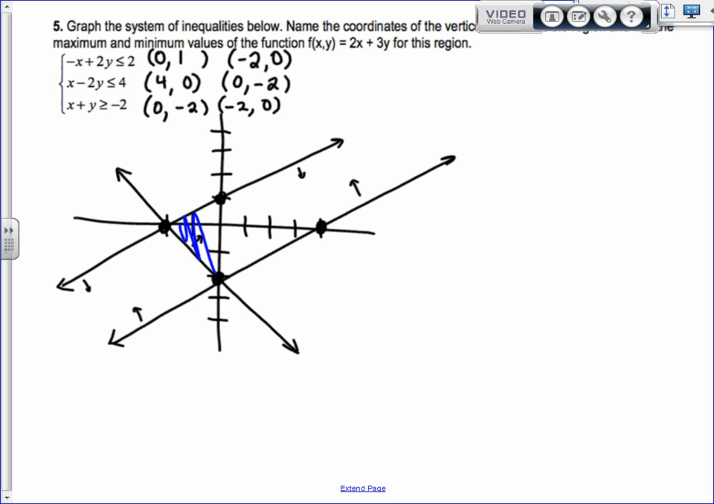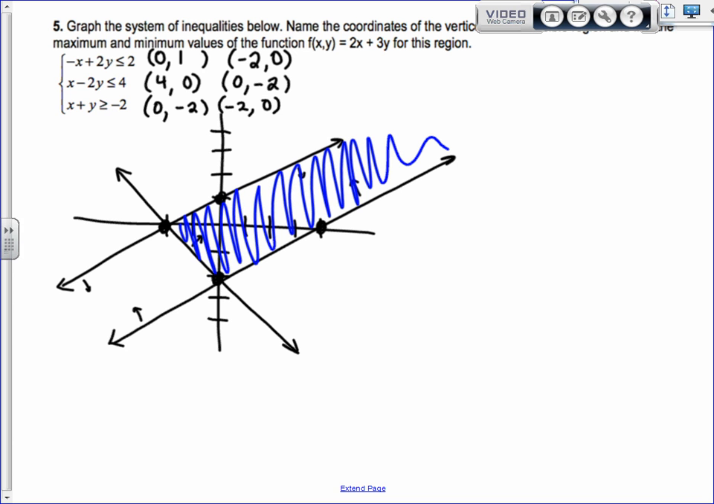So the strip is kind of cut off on one end. But it does go on forever this way. So it goes forever this way. It's unbounded. Okay, meaning there's not a boundary that goes all the way around. It's unbounded. So when this happens, so when unbounded,